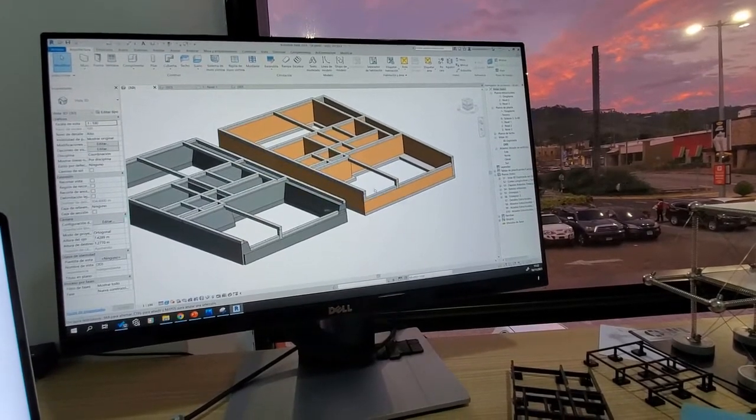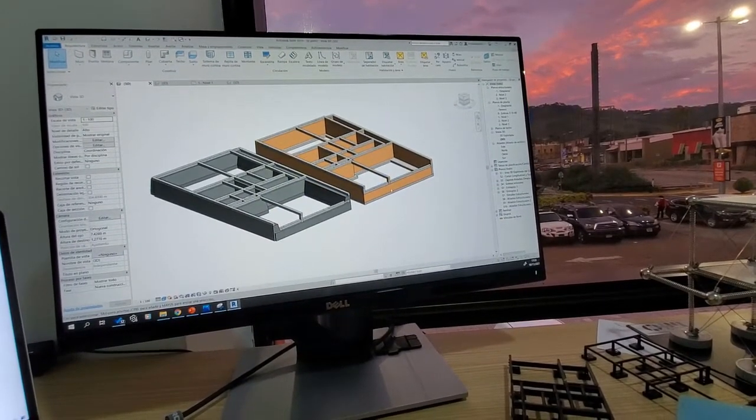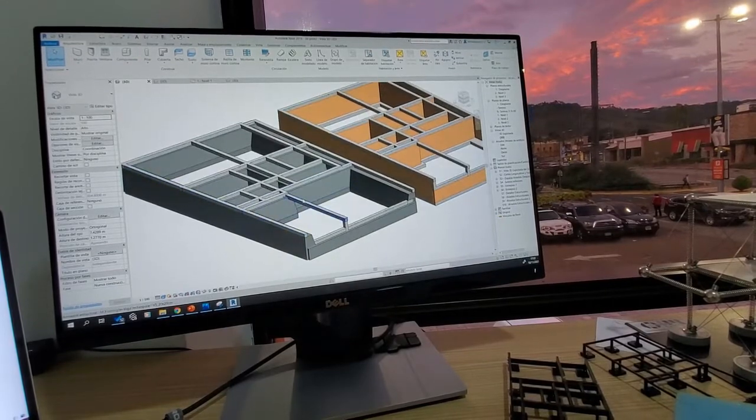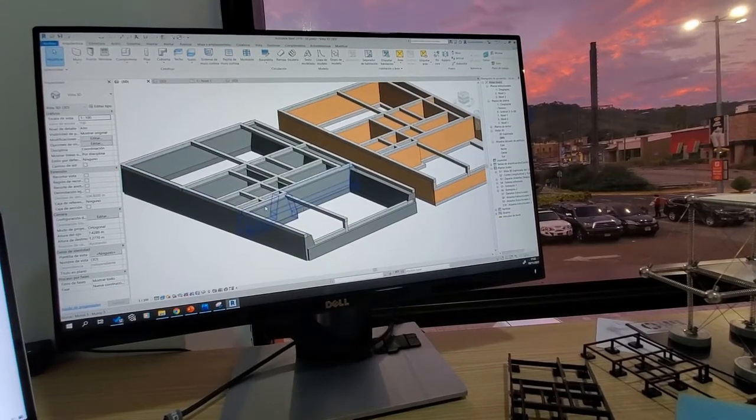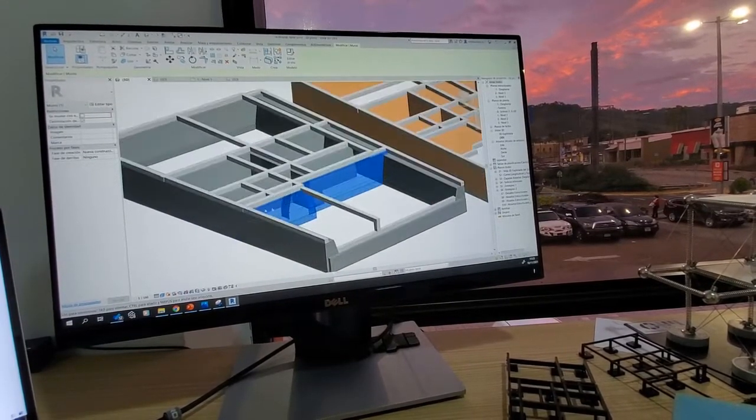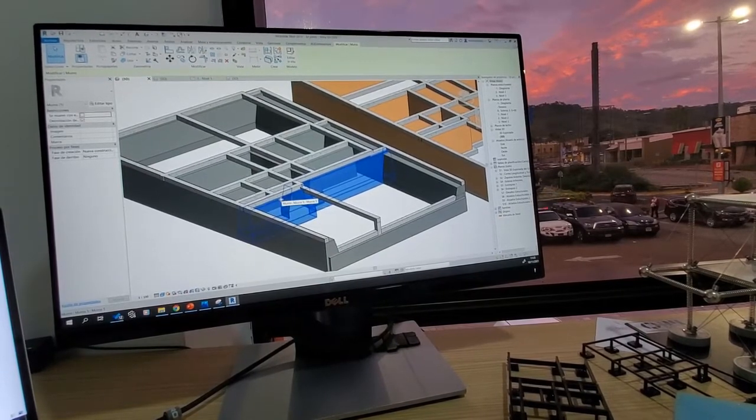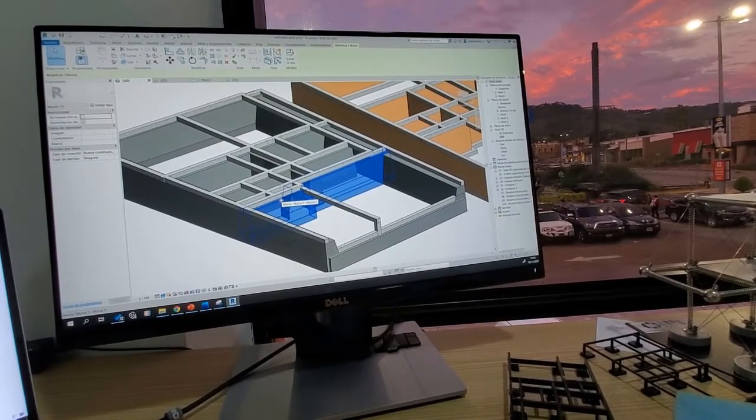And the other option of a continuous footing is a kind of retaining wall made out of masonry, stone masonry,